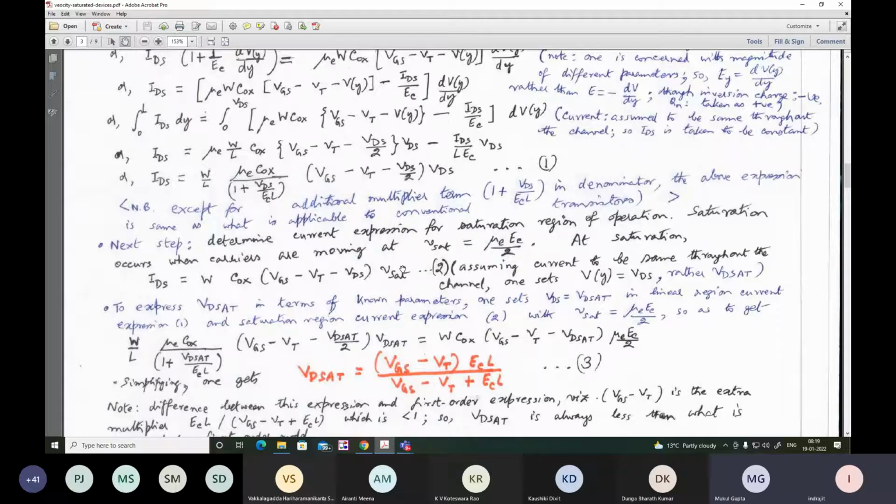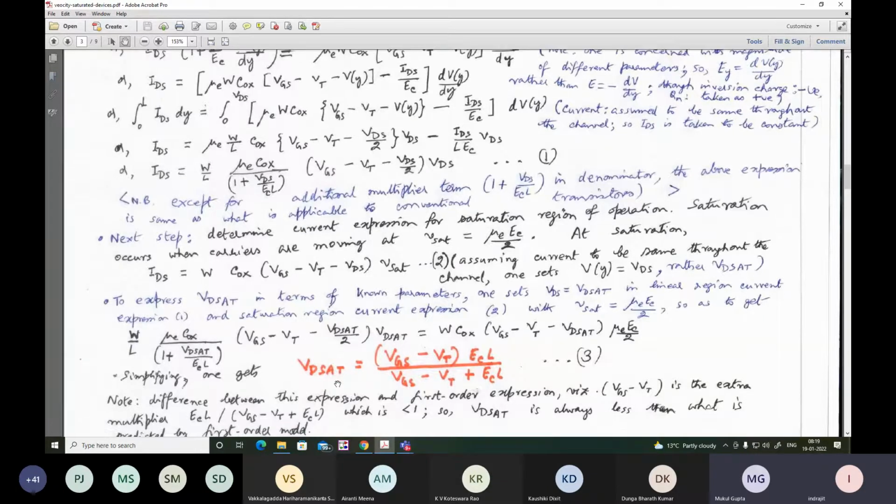And equate equation 1 and 2, because this holds in saturation and this holds in the linear region. So when the device goes from the triode region to the saturation region, at the boundary of these two, we can relate the value of VDSAT with the field. This will be possible if we equate equation 1 and equation 2, where we replace VDS by VDSAT, and we get it in this fashion. After simplification, we get the value of VDSAT to be (VGS minus VT) into ECL